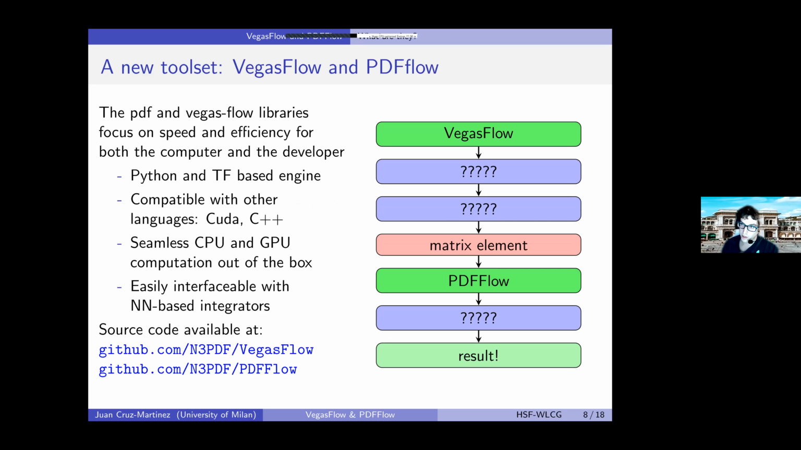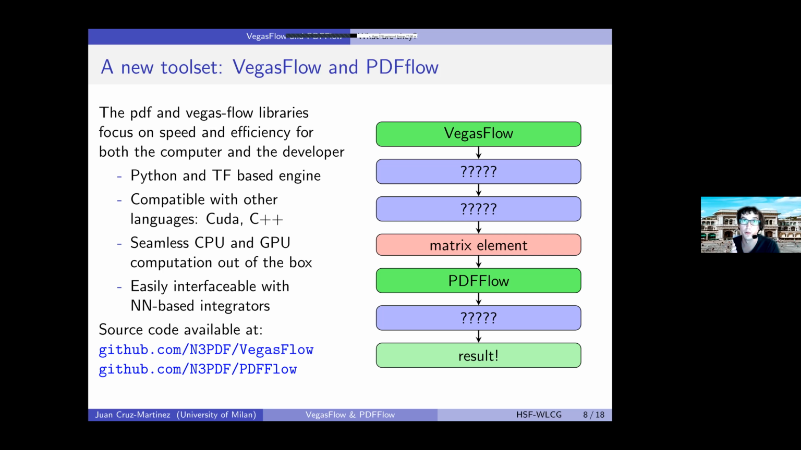So this is the problem we are trying to tackle with VegasFlow and PDFFlow. So basically, provide a framework that people can use to start writing their Monte Carlos. The choice of language and framework, Python and TensorFlow, has been mainly because, from the point of view of the expertise we get from new people coming into the field, they usually know Python. And given that TensorFlow is giving you at the same time